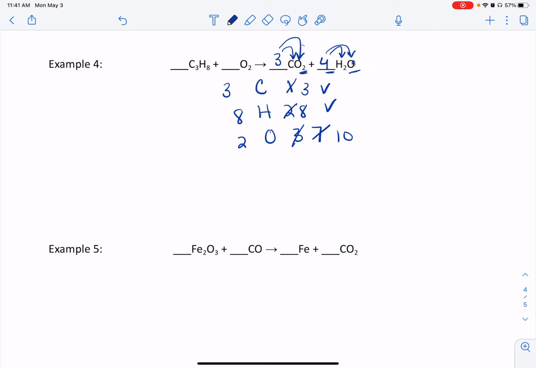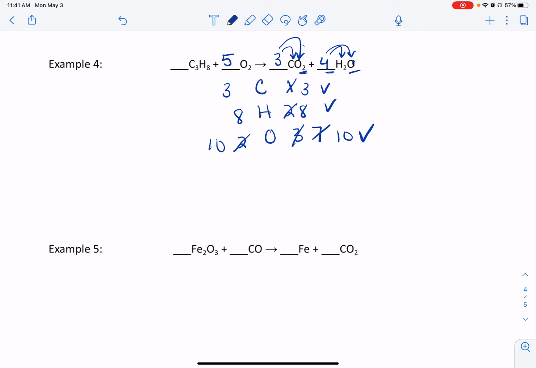So what can I multiply 2 by to get to 10? That's going to be a 5. So I can stick a 5 right here in front of oxygen. 5 times 2 gives me 10, and now I'm fully balanced. All right,